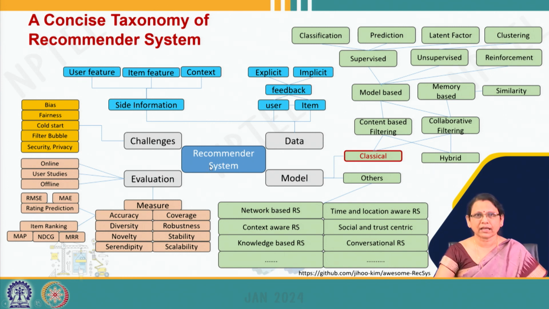Then when you develop these algorithms, we have to evaluate them. What are the various ways in which we can evaluate? Online evaluation, with user studies where the study is done in a controlled environment by real users. Then offline environments, like our generic machine learning algorithms, where we use certain training data and test data, and various measures for evaluation purposes. The metrics for accuracy are root mean square error, mean absolute error, and so on.